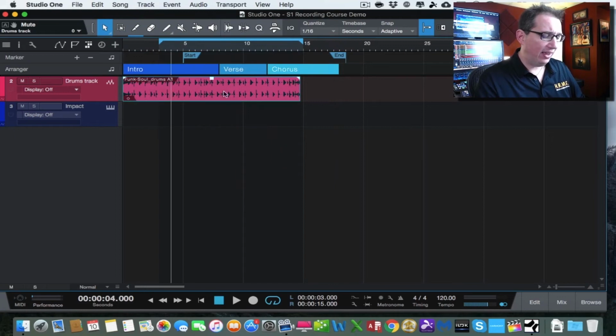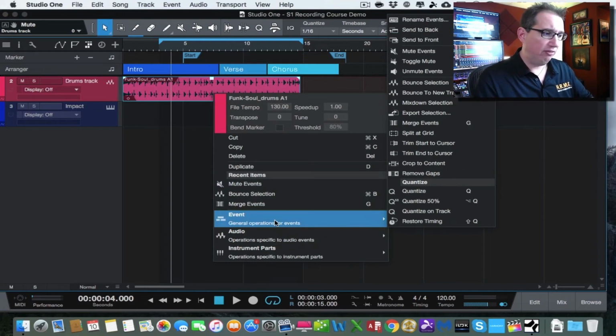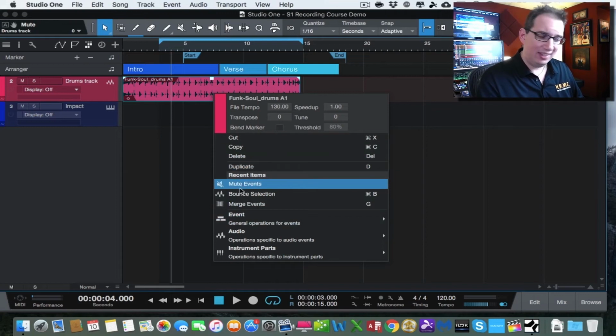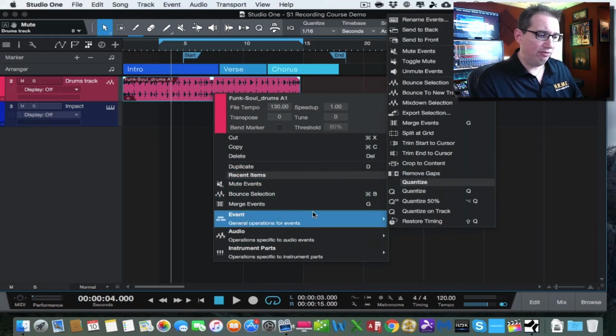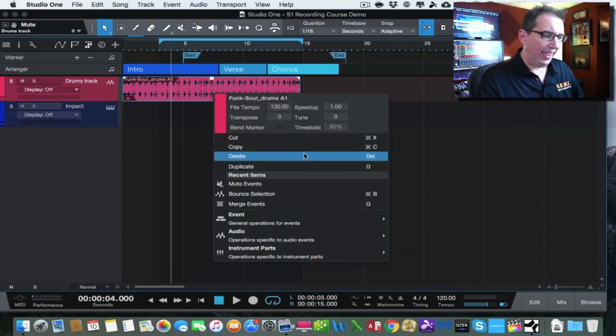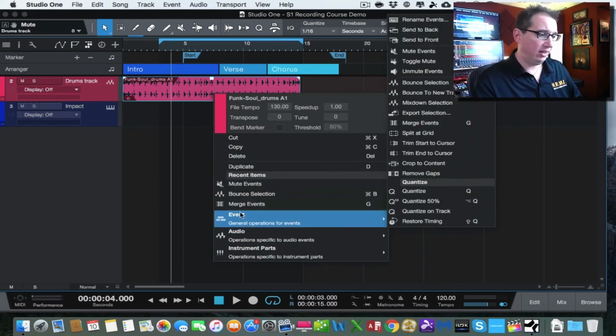The other thing I want to show you too over here is on this audio file. See how we can just click on this, highlight this event. You're going to spend a lot of time, whether it's on an audio track or a MIDI track. If you right click on this, a lot of these drop down menus, these sub menus, are ways that you can affect that particular track, and it's an easy way to get to them. So for example, by right clicking, I can copy this, I can cut it, I can duplicate it, I can mute it, I can bounce it. There's a whole bunch of things. If you go into the event sub menu, you can see all the things that you can do to this highlighted audio event that we have. We have an audio sub menu and an instrument part. This is not an instrument track, but anything that you want to be able to do from an editing perspective, for the most part, is going to be when you right click on this audio file